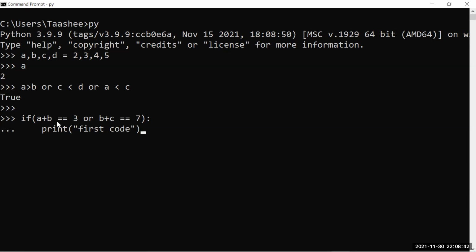You'll get all the syntax, no need to worry about this. So what just happened here? It has printed our first code, right?